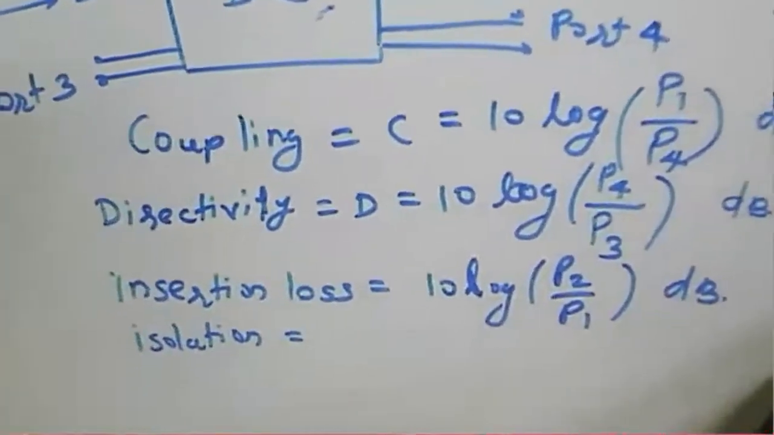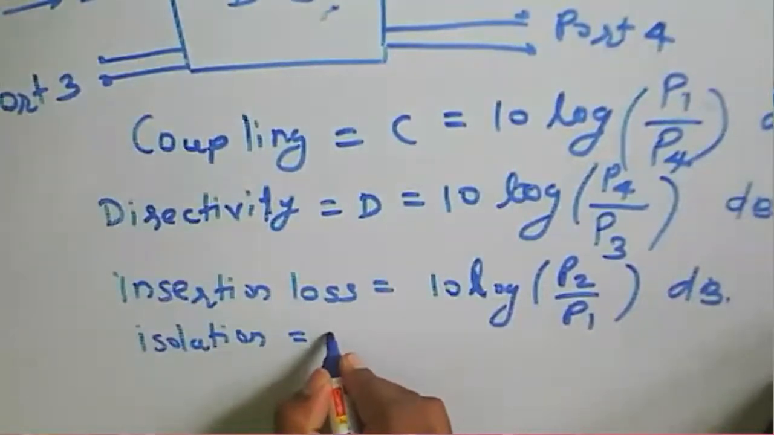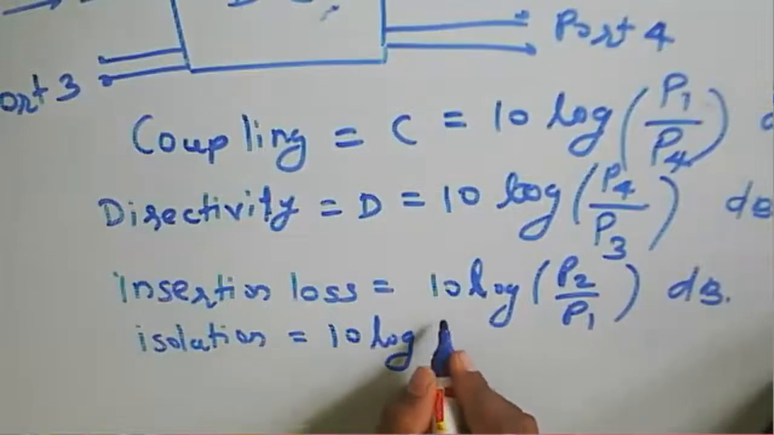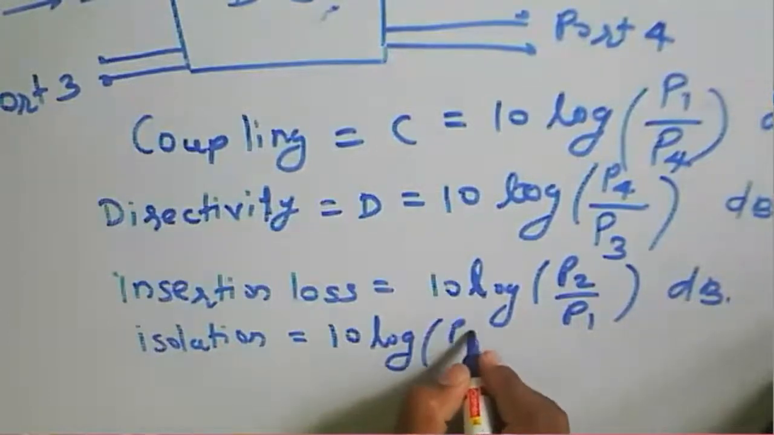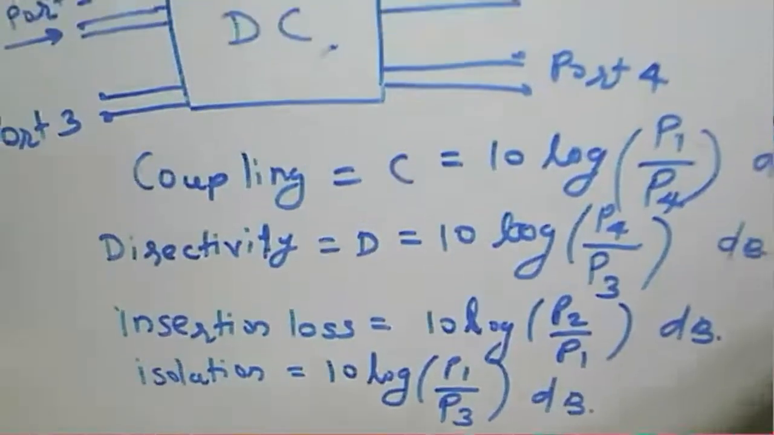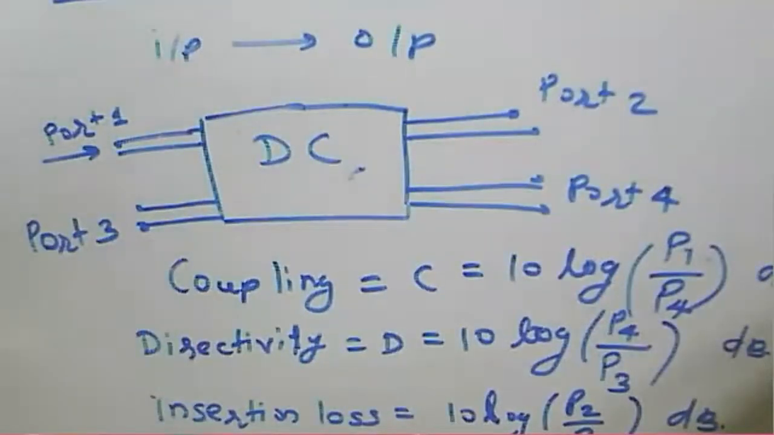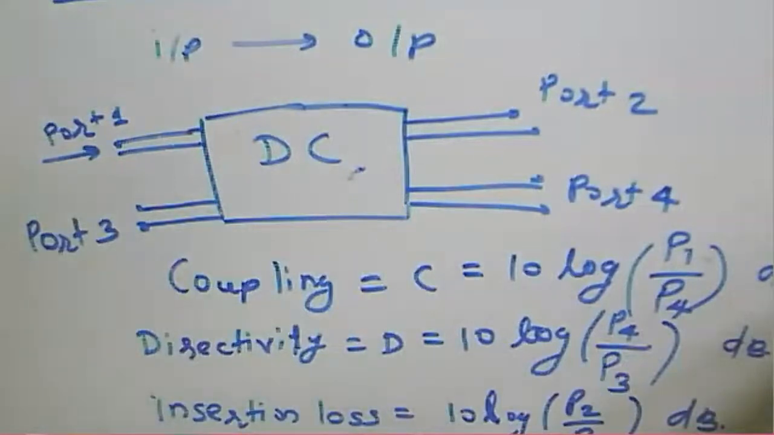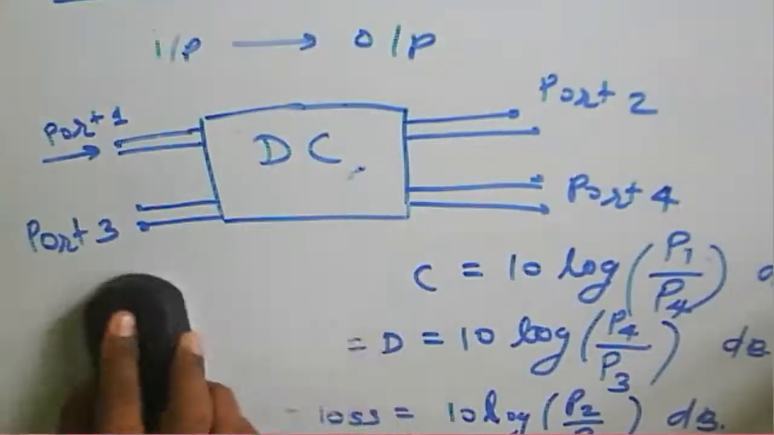So isolation is equal to 10 log of P1 by P3, in dB. That is about isolation. Now this one is about the coupling parameters of a waveguide. Now we will find out the S matrix for this directional coupler,